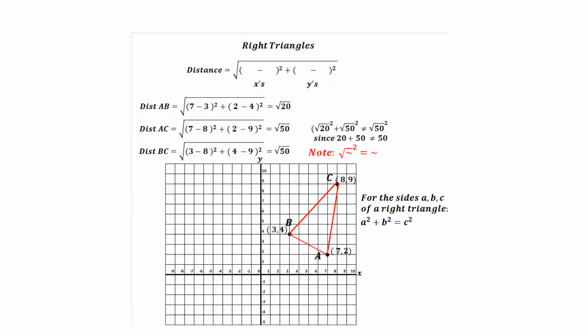Well, clearly it can't be a right triangle, but just to be on the safe side, the square root of 20 squared plus the square root of 50 squared does not equal the square root of 50 squared, because 20 plus 50 does not equal 50. So how is the square root of 20 squared 20? Well, that's a famous